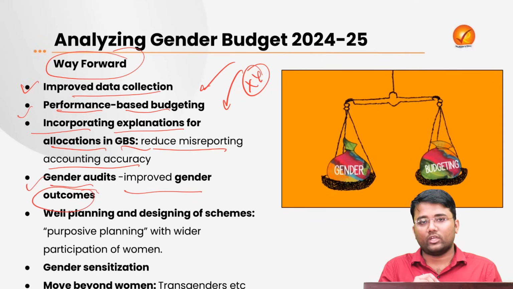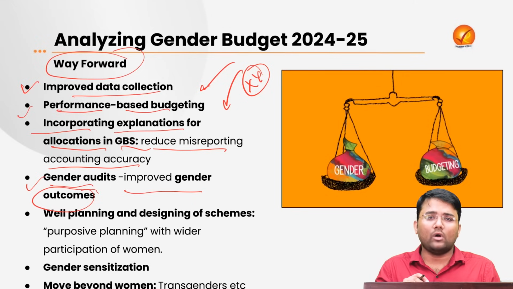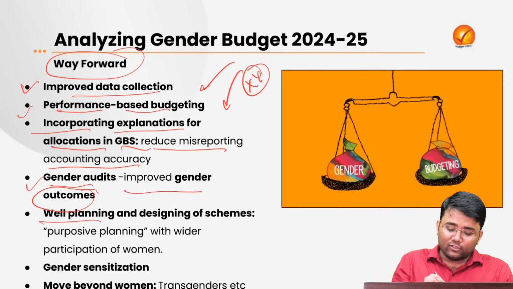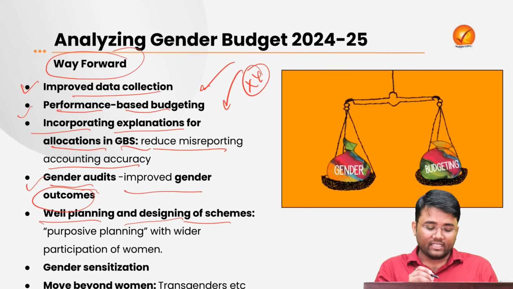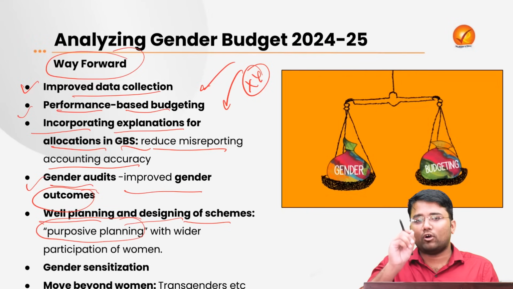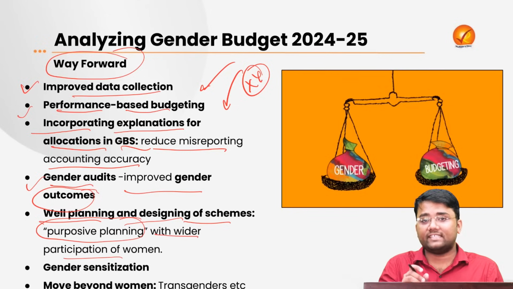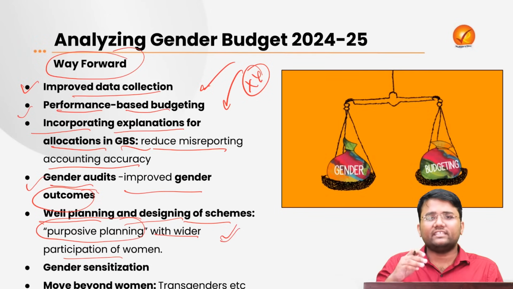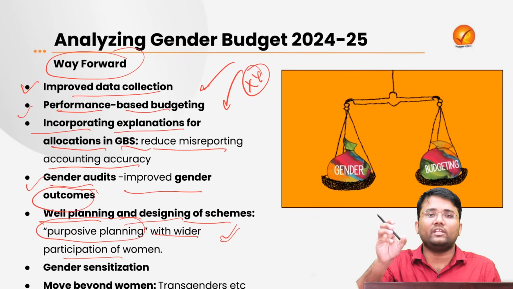There is also need for gender audits at regular intervals of time, and that will help in improving the gender outcomes, because this will help in actually knowing whether all the outlays have actually materialized into outcomes or not. There is also need for proper planning and designing of the scheme. Here we need purposive planning, which means planning with a proper purpose, with proper goals, with wider participation of women. If at the drafting stage itself more and more women are involved, it will help in addressing a lot of issues